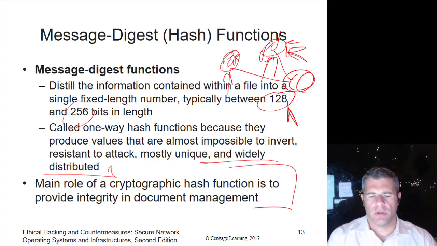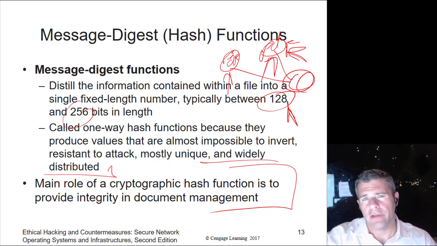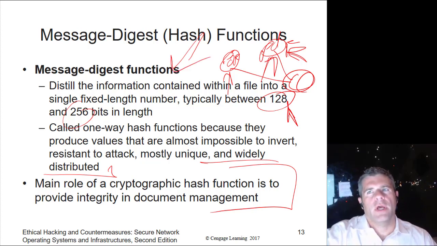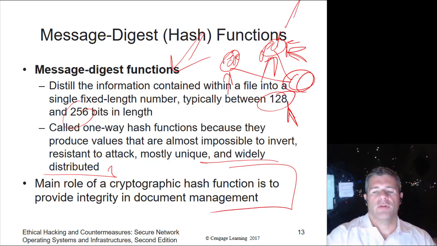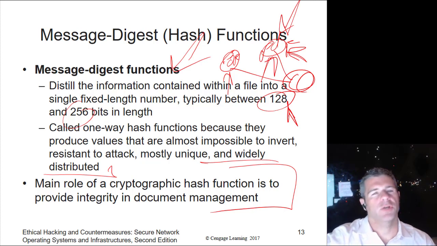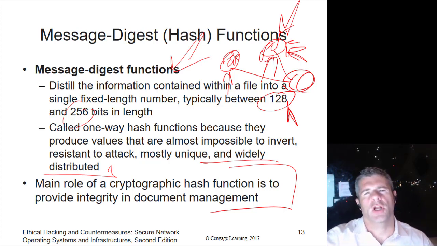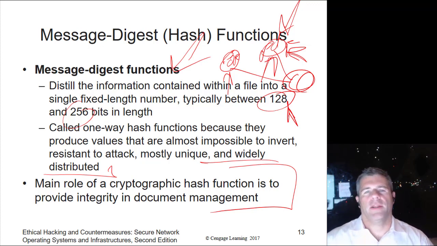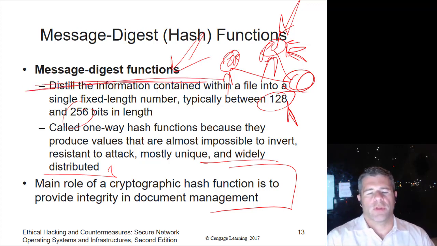So hashing functions let us have integrity for document management. And why is that important for hacking? Well, say you downloaded something off the internet. You can use one of these fancy schmancy message digest functions to come up with a unique number for that download. Say it's a Microsoft Word installer. If evil hacker man stole that installer, added their Trojan to it, and put it back online, the message digest for that